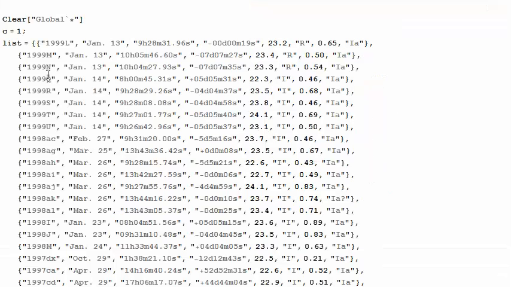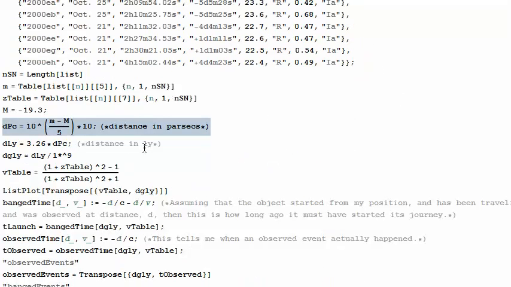The data I pulled included the name of the supernova, the date it was found, the right ascension, declination, magnitude, redshift, and of course type. I also had this detail R or I, and I think that has something to do with the filter used to discover the magnitude. I used a formula to figure out from the magnitude what the distance is.